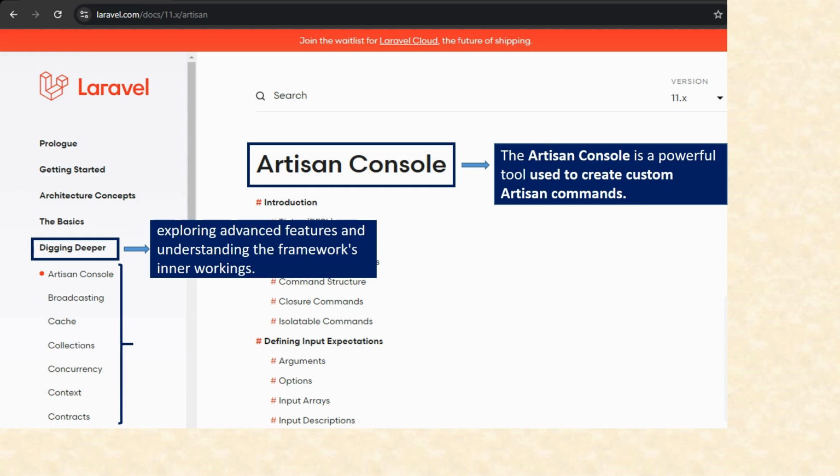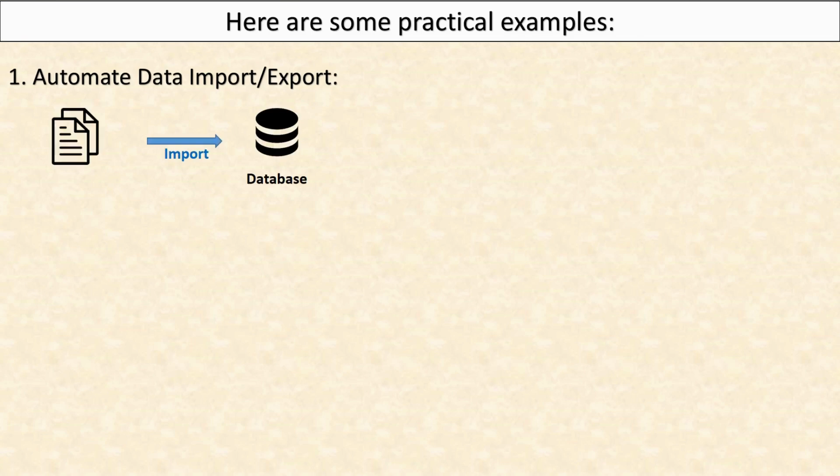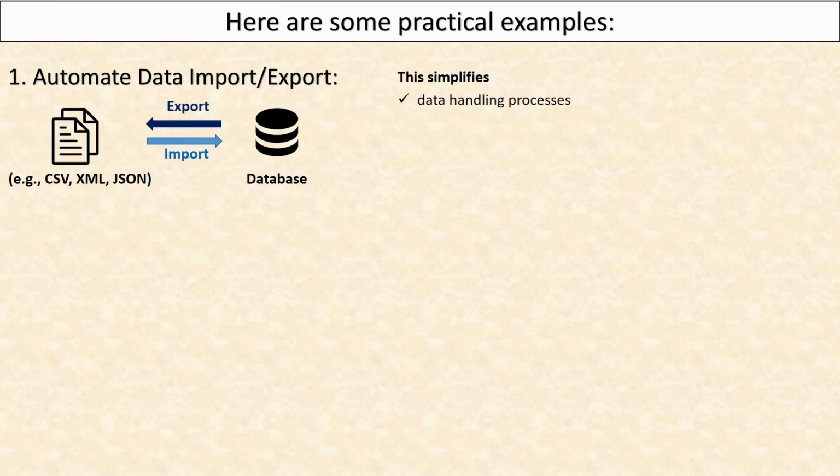The Artisan Console is a powerful tool used to create custom artisan commands. Here are some practical examples. 1. Automate data import-export. You can automate data import from files, for example CSV, XML, JSON, into the database or export data to these formats. This simplifies data handling processes, making it easy to import large datasets or create backups without